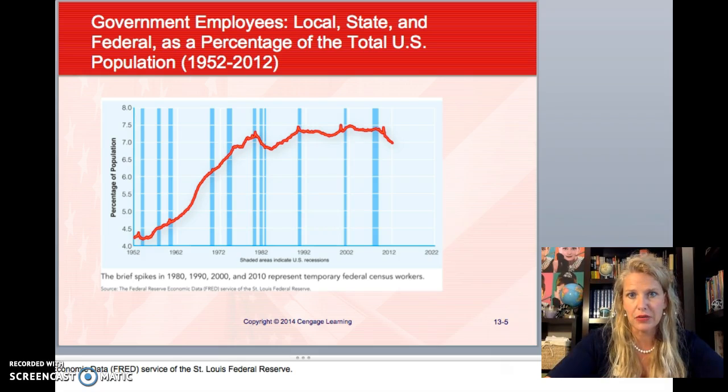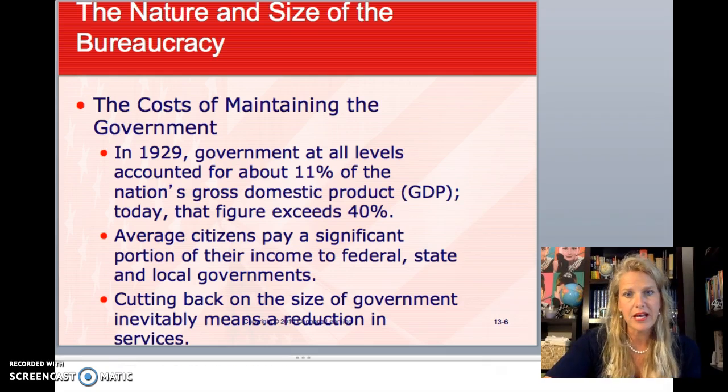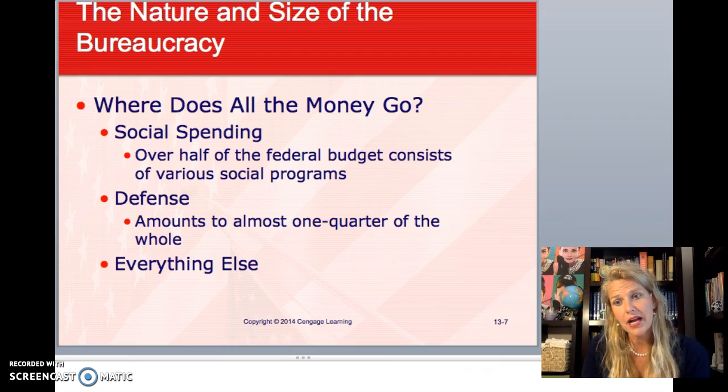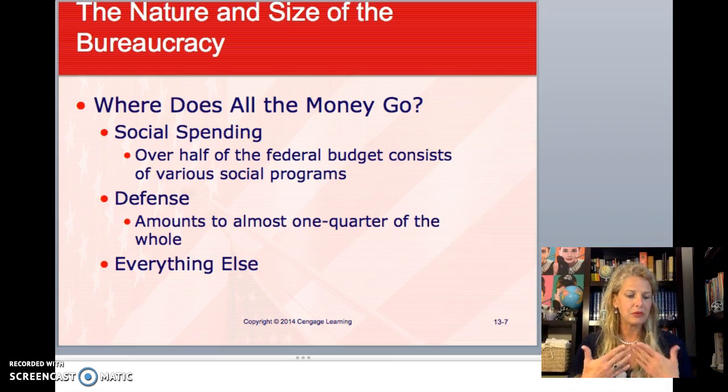Government employees, local, state, and federal, as a percentage of the total U.S. population. That graph we looked at. The costs. It also talked about in your Crash Course videos that I assigned for you to watch, the ones about bureaucracy, and it is Crash Course U.S. history, it is actually politics and government, but it talks about how after the New Deal there was a lot of bureaucracy because the New Deal brought a lot of government programs that actually saved our country, but then it had to be cut back in different areas as the need went up or down.